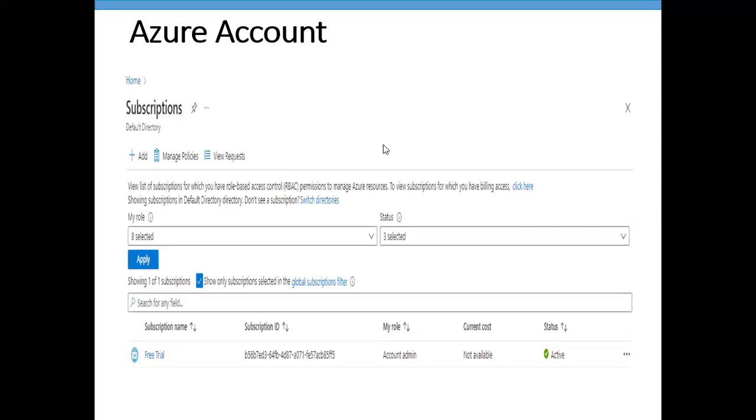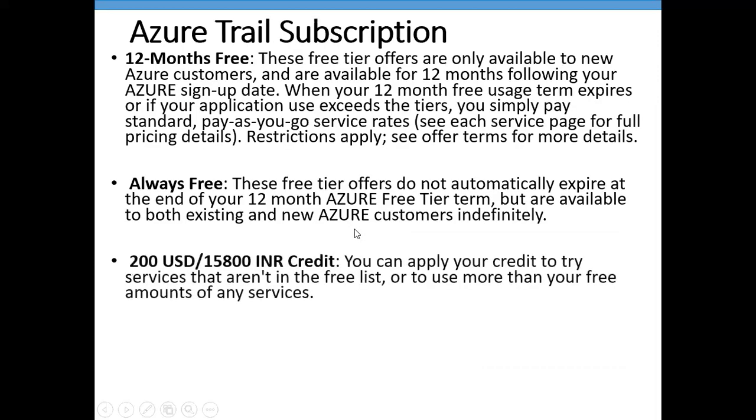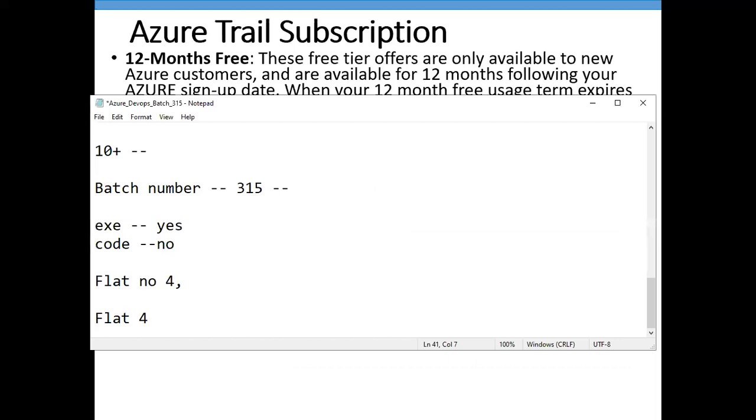Okay. Now we are going to discuss: if you are going to create your account from day one, are they going to charge you to use it? No, they will not charge you. So what are the free things you are getting once you create your account? First of all, when you create your account on day one